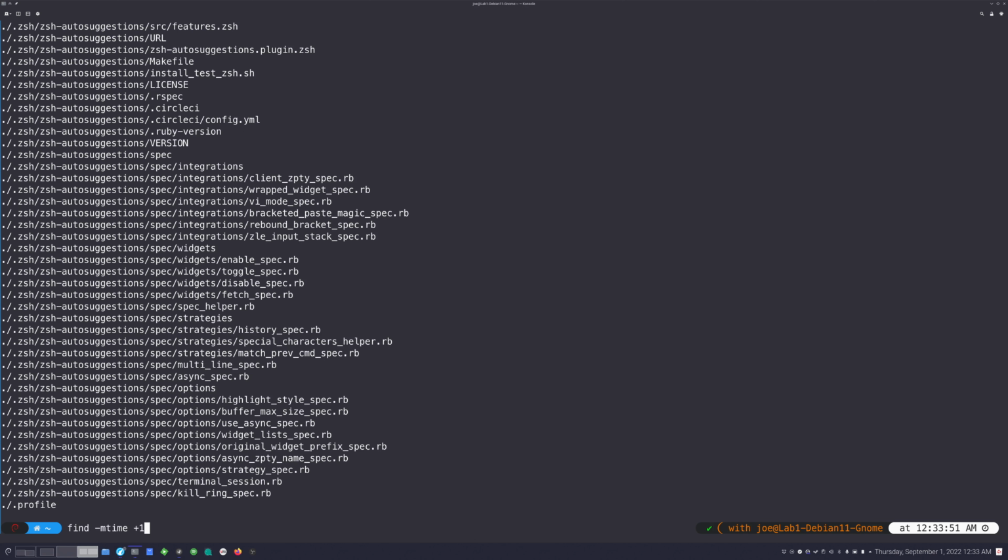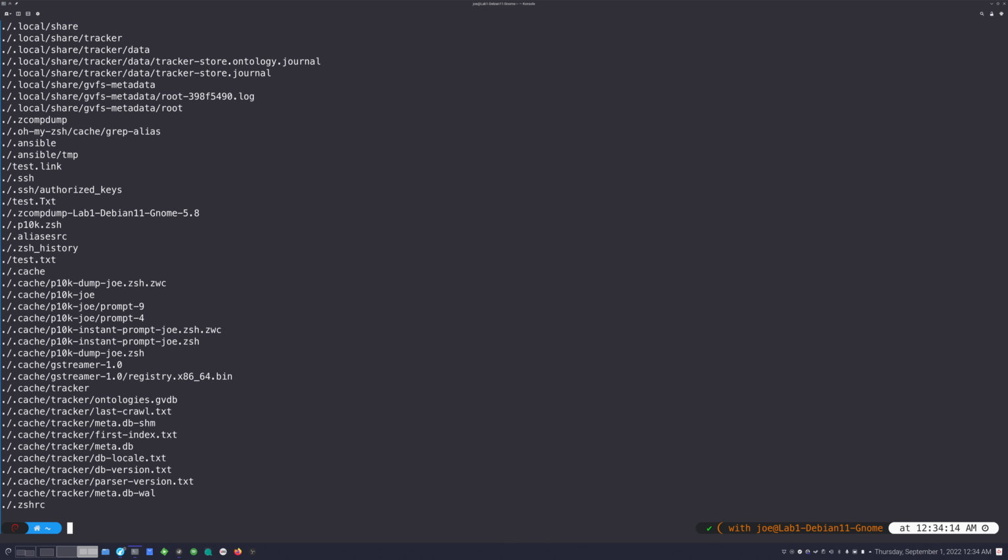Yeah, something like that. Believe it or not, I did actually just push my ZSH setup to this thing, although I don't think it was more than a minute ago, so maybe I'm wrong about that. Oh, I'm sorry. Yes, I am wrong about that. These aren't minutes. This is days. So this is everything that was modified more than a day ago. This is everything that was modified less than a day ago. You can specify it down, I think, to the minute.